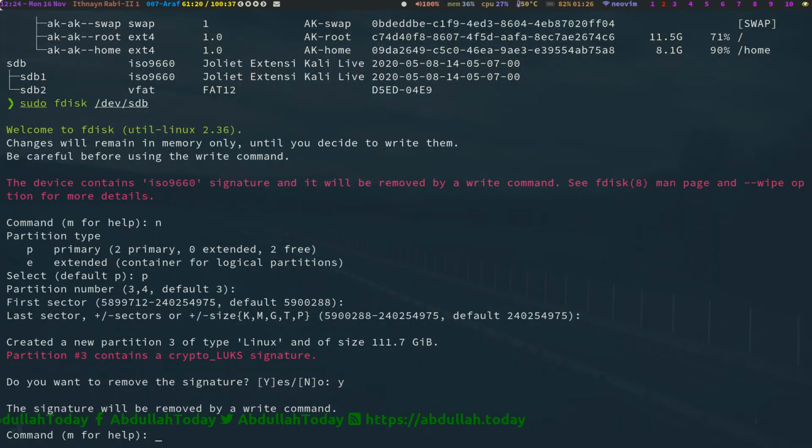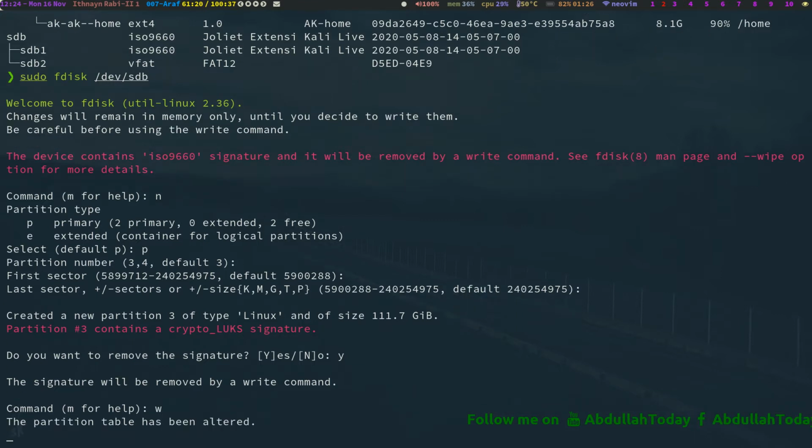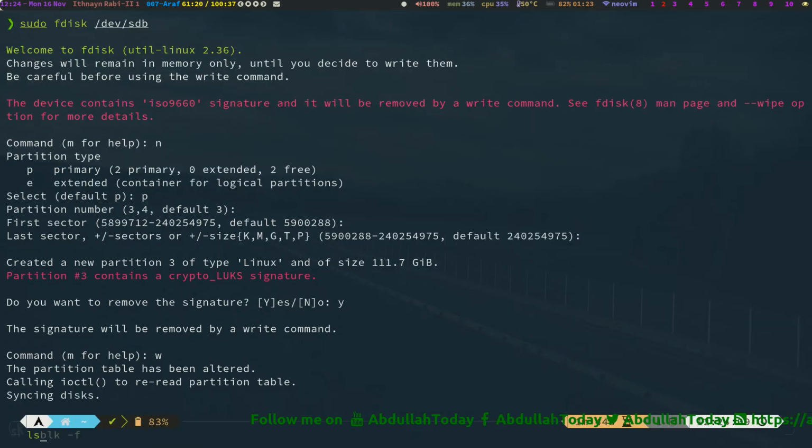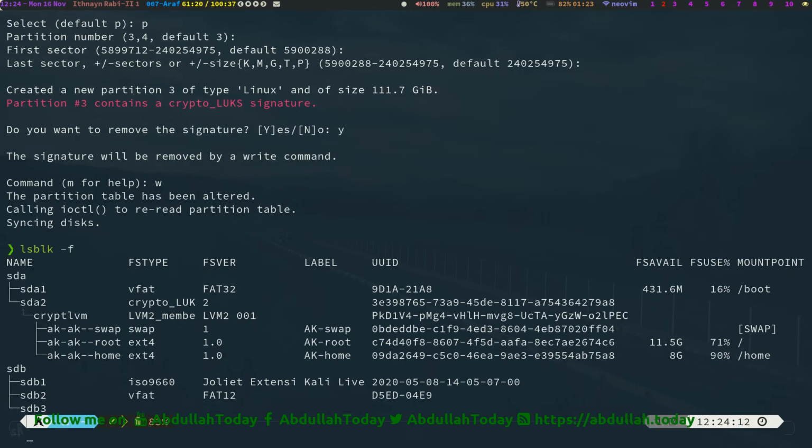Now if we write, this will be removed and all the changes will be saved to this drive. Yes, write. So now let's check. Here you can see now we have three partitions.